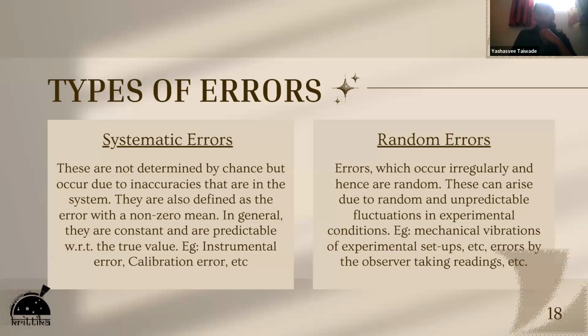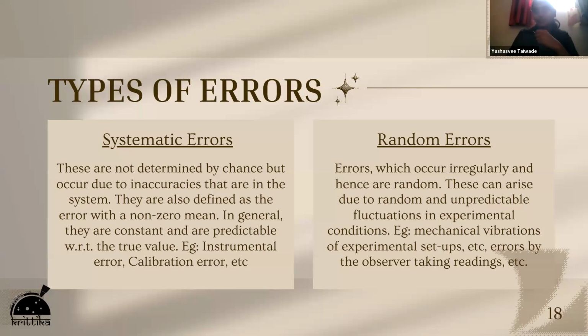So in all the instruments which you have already dealt with or will deal with, you will see that there is always some sort of minimum error which can be calculated. An example of a systematic error is instrumental error. So any error from any instrument. This is not just limited to astronomy or anything. It is for all instruments. There is some sort of instrumental error and some sort of calibration error. There are a lot more, but we will stick to these two since they are the major ones.